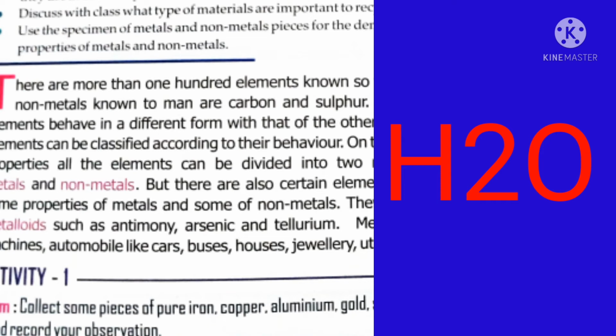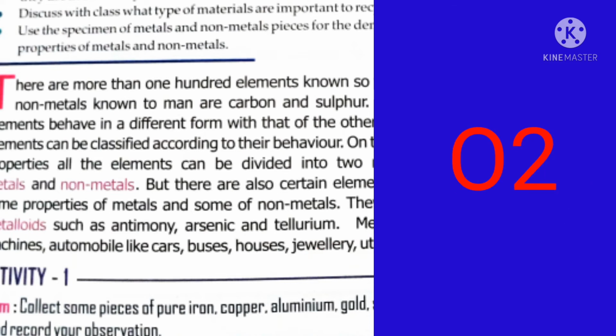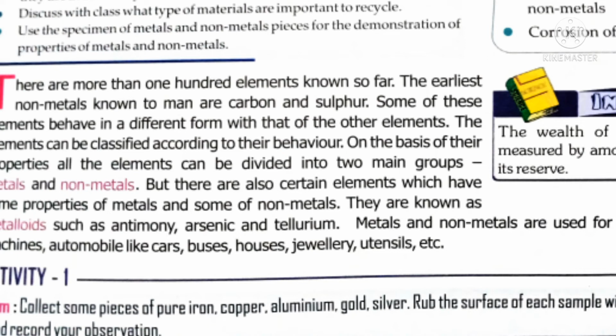For example, our drinking water is made up of two kinds of elements, that is hydrogen and oxygen. The oxygen we breathe is made of only one kind of element, that is oxygen. Now we all understand that every matter is made up of elements or molecules. In this world, more than 118 elements have been discovered.